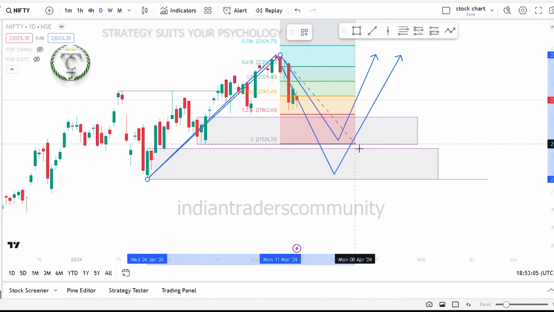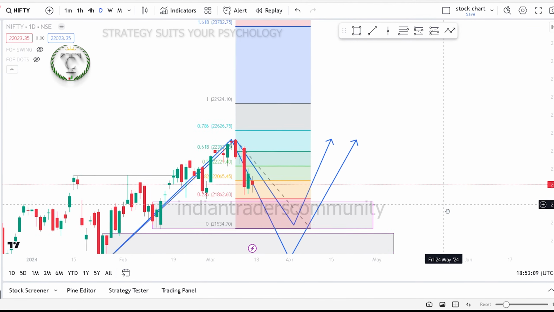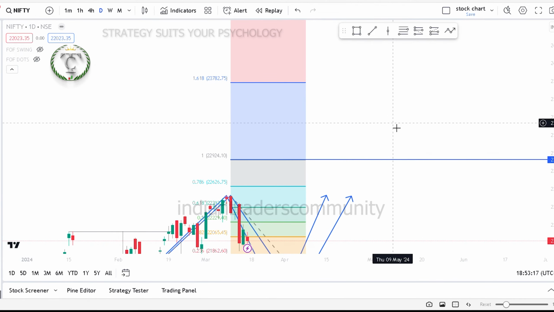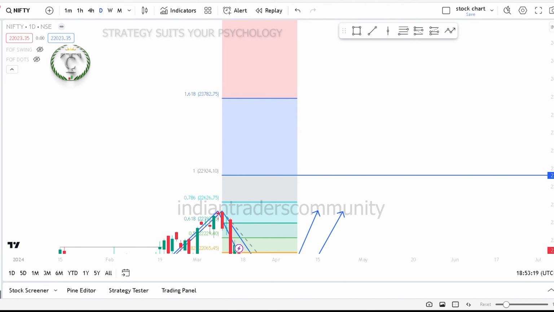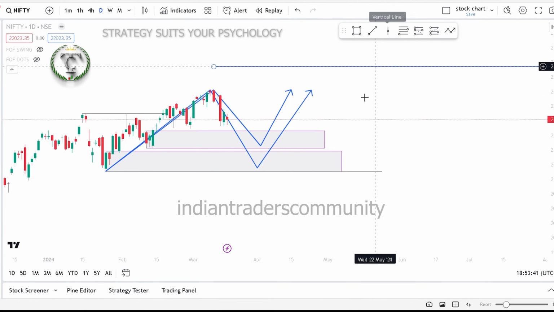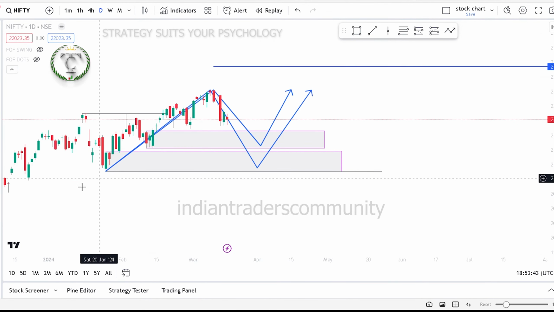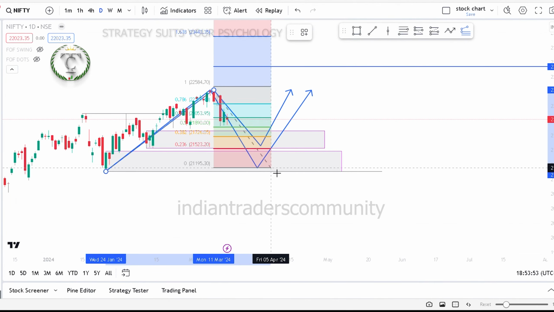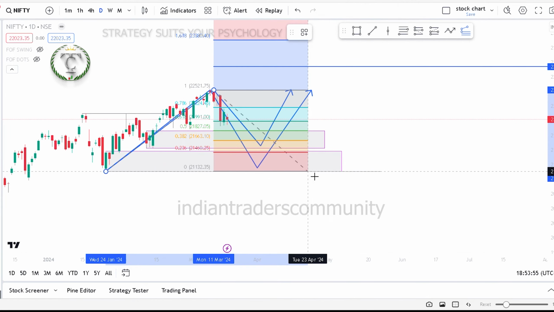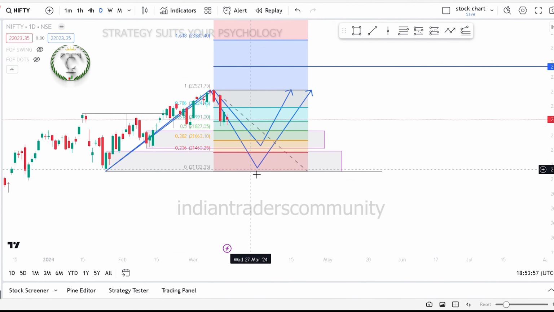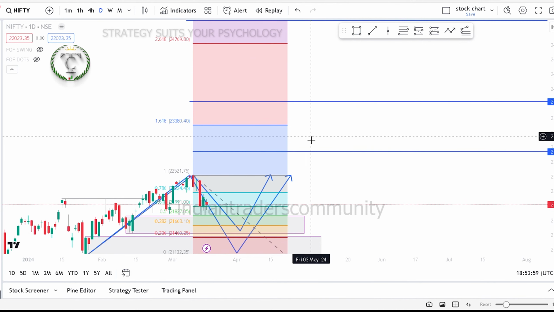If this level is reacting, our target is this. Okay, our targets will be 22,924. If the market is taking this 50% demand level, okay, if the market is taking this extreme level, if this is the overall extreme level and it is taking support from this demand level, what could be the targets? So the first target could be this one,